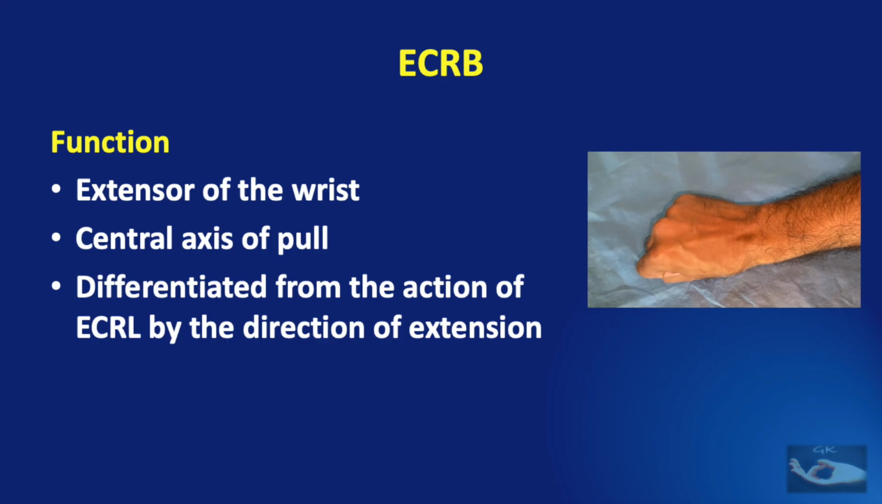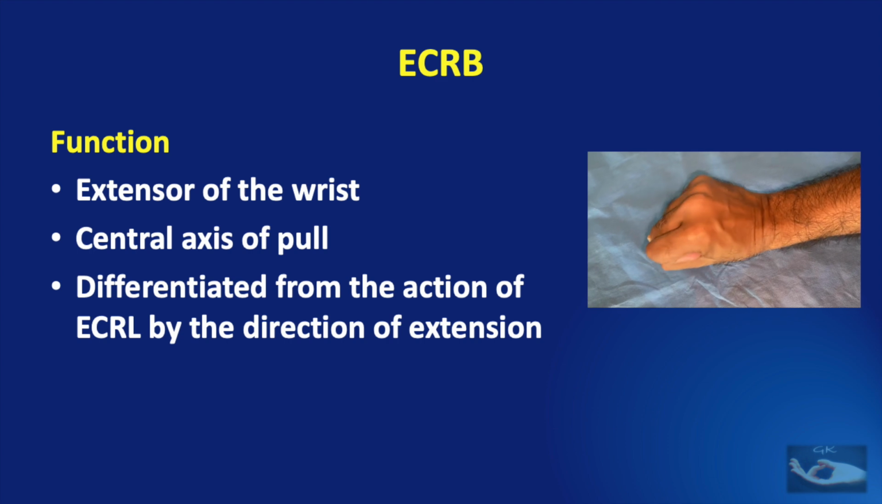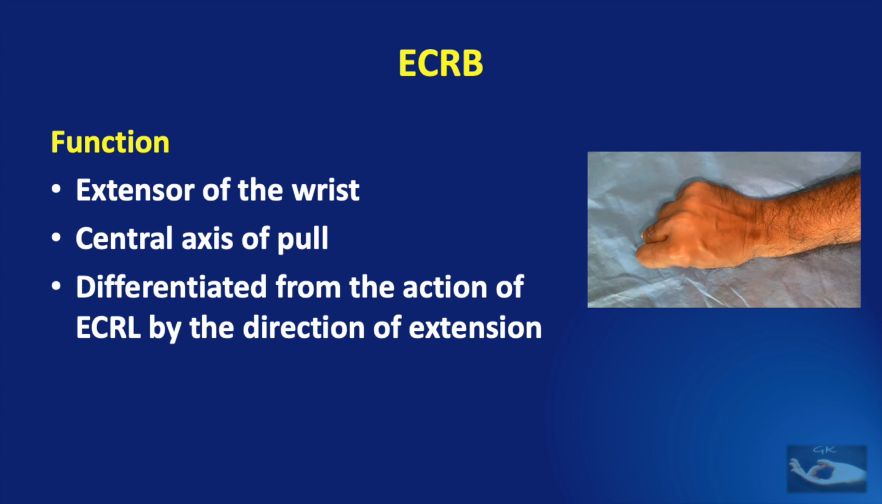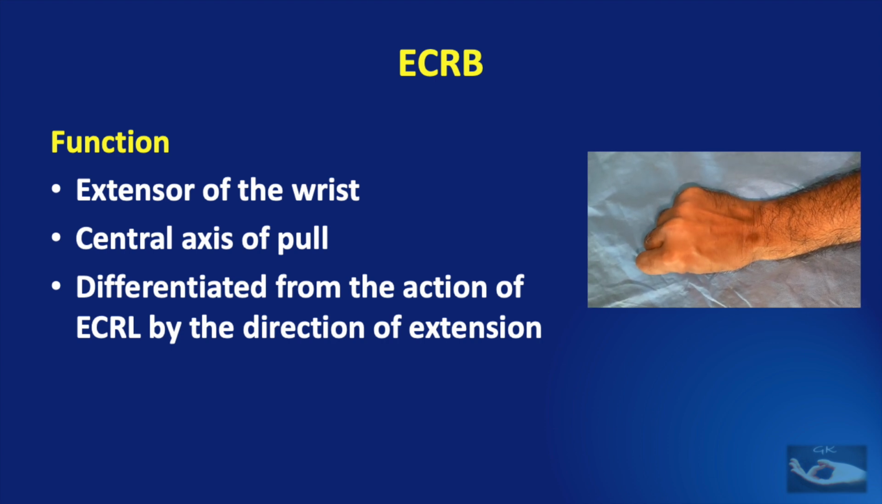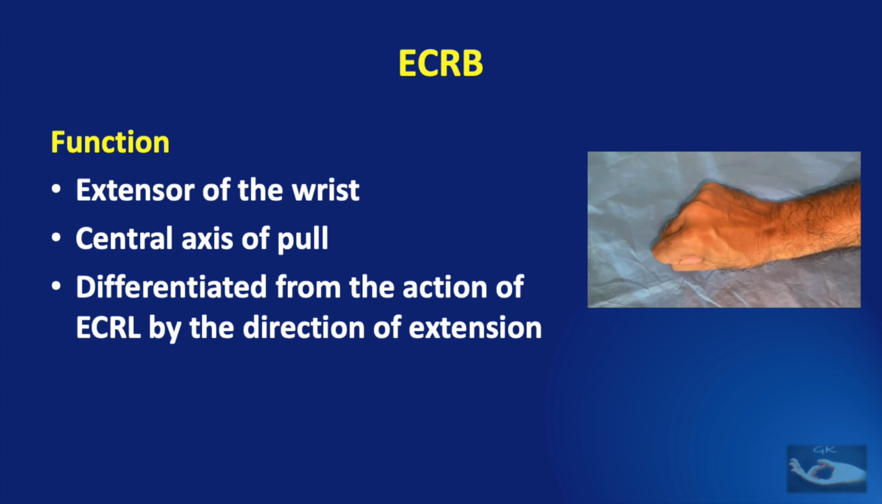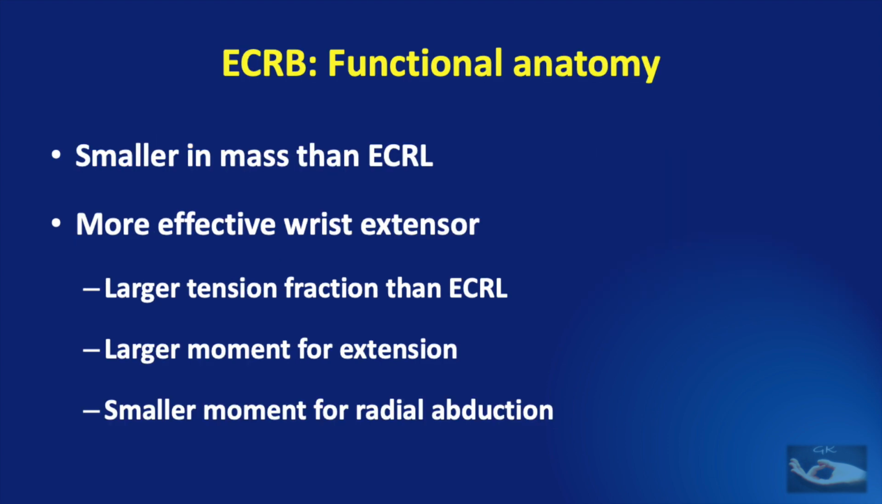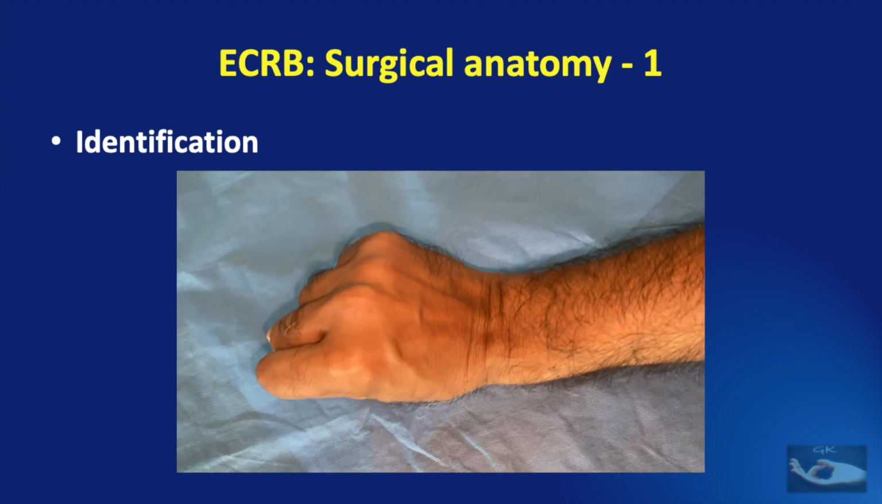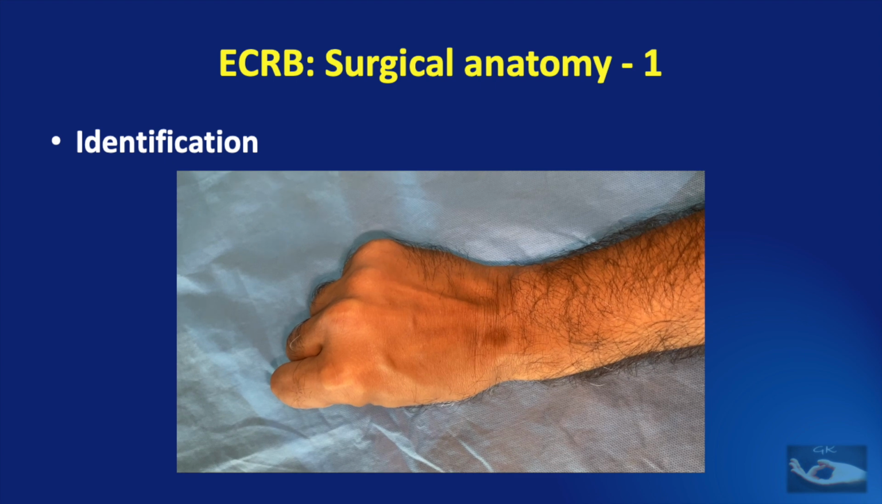nerve. This muscle, when it acts, causes extension of the wrist, and it has a central axis of pull, which is different from the action of the extensor carpi radialis longus, which has more of a radial deviation. Though the ECRB is smaller in mass than the ECRL, it is more effective as a wrist extensor because it has a larger tension fraction than the ECRL, it has a larger moment for extension and a smaller moment for radial abduction. It can be palpated just ulnar to the palpated ECRL tendon at the level of the dorsum of